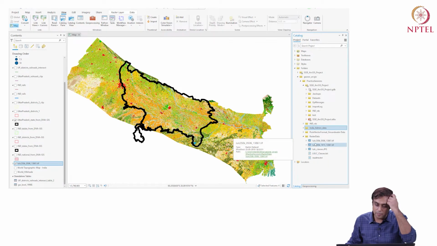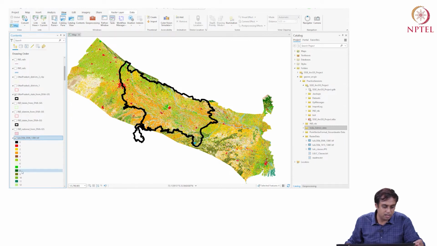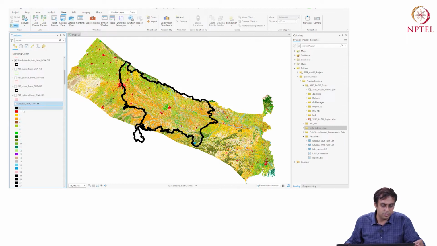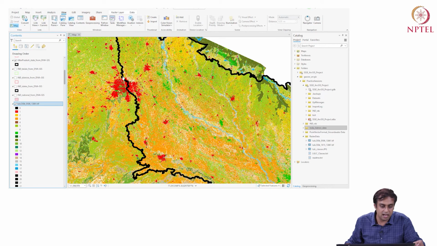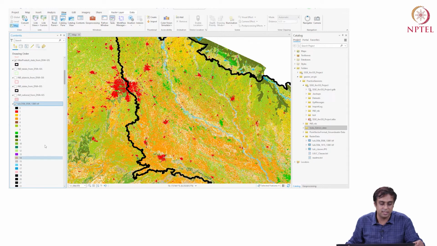And okay, so I have been able to open these data, but what are these different colors, right? On these data, if you see, I have an arrow which I click, and I have different colors that represent different classes, right? I have class 0, which is a black color, class 1, which is a red color. If I pay attention, here is the NCR region. Seems like 1 represents urban or built up areas. Then there is 2, 3, 4, 5, 6 all the way to 18, 19 all the way down. There is a singular color, and I don't see those things. So I guess there are no classes here. How do I know what these classes are?